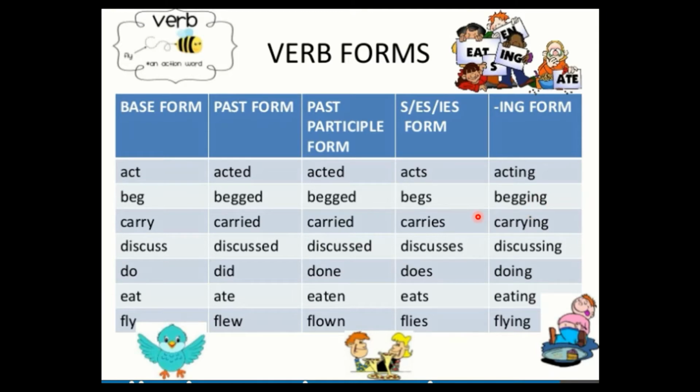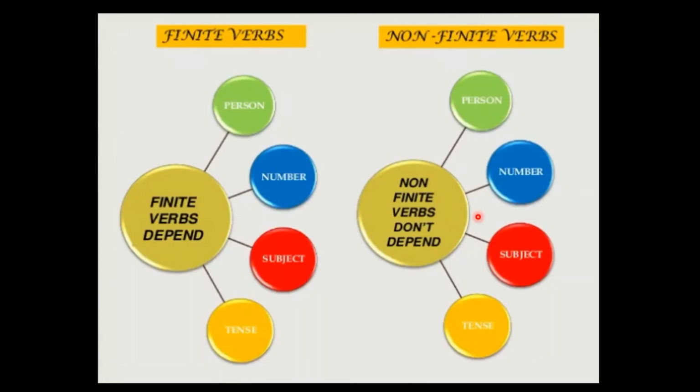So you will go through this table, and you see that all these 5 formations, 5 forms, are further classified into 2 basic groups: finite verbs and non-finite verbs. So once again, you see that a base verb can have 4 other forms, and in total these are 5 formations, and these 5 formations can be grouped into 2 categories. These are finite verbs and non-finite verbs.